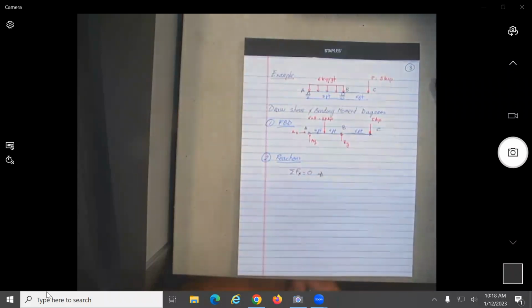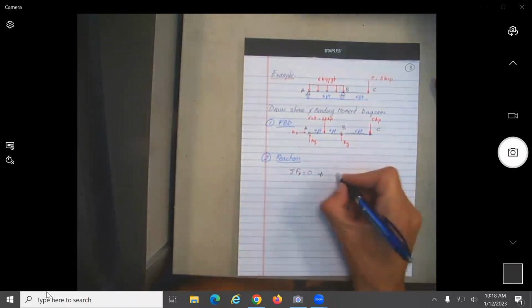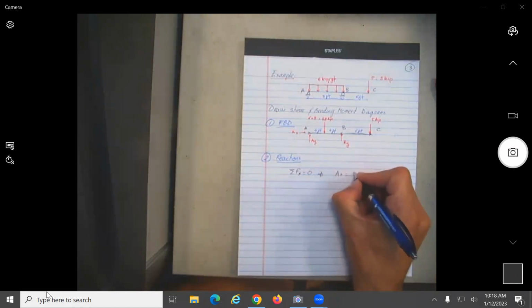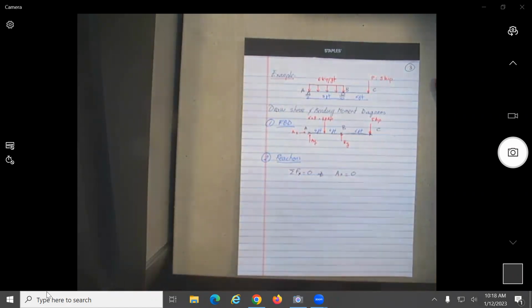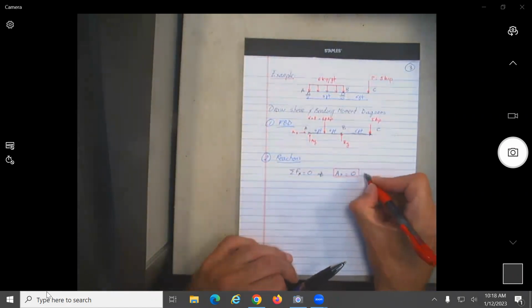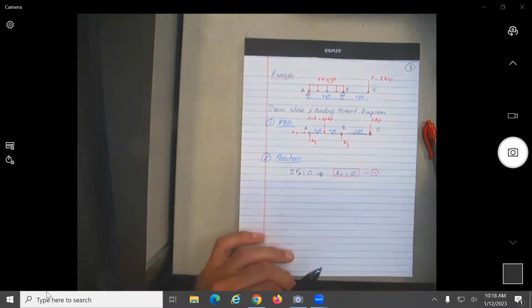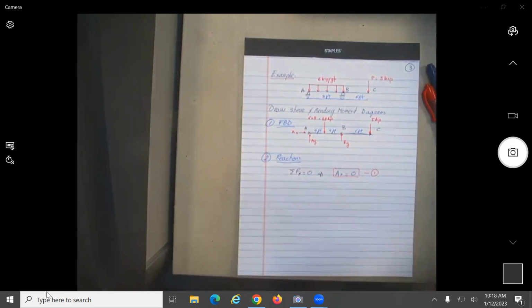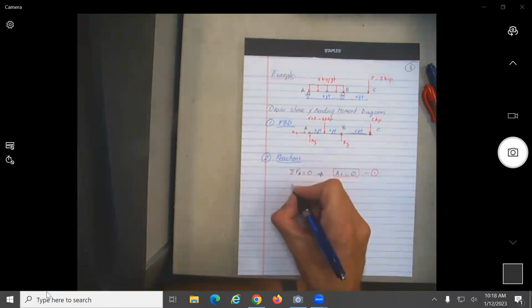Summation of forces on the x. This will give us what? Sum of Fx equals 0. That I like because we have 3 equations. I like to put 1, 2, and 3. The first one is just going to give us that AX equal to 0. Then if we do